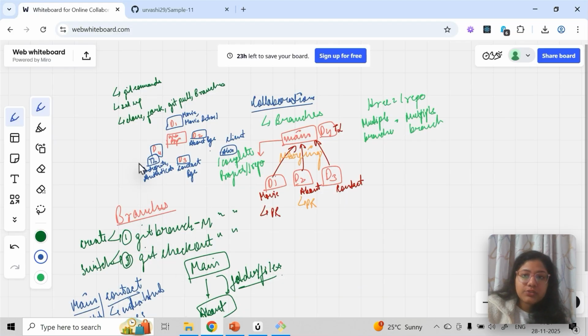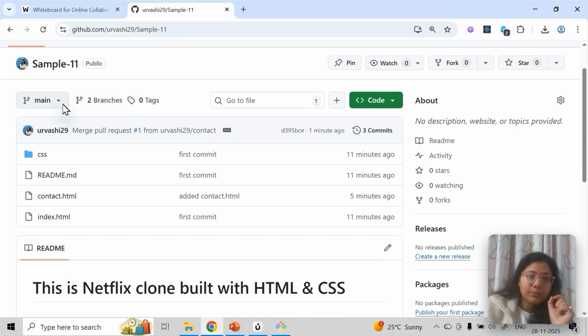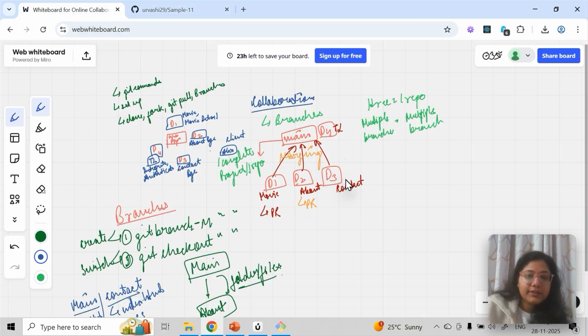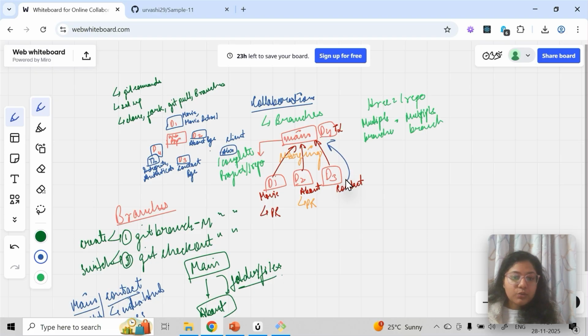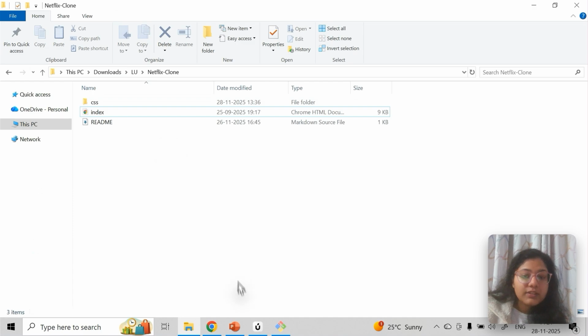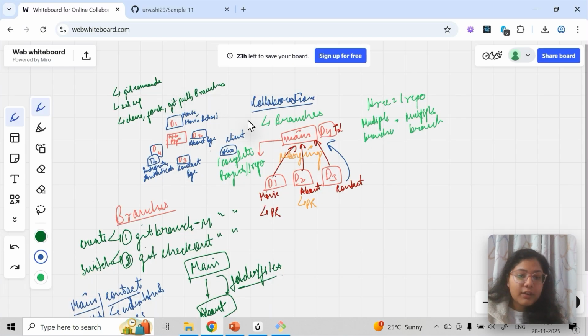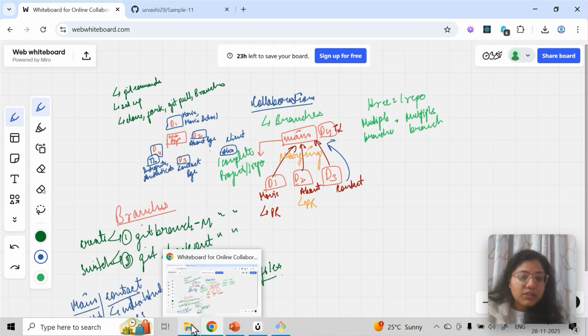So I have merged, you can see I have merged my contact branch. From the contact branch, whatever we did, we have merged it with the main branch. Now this new branch I have created is coming from main. But there is one issue. The issue is contact is not coming in main in local. The reason is I have merged it on GitHub. The contact branch code has been merged with main, but the local system doesn't know that.